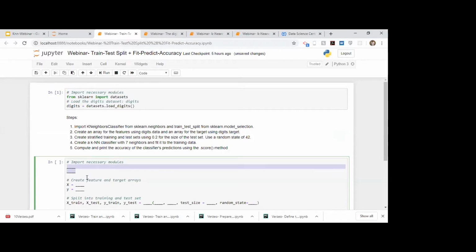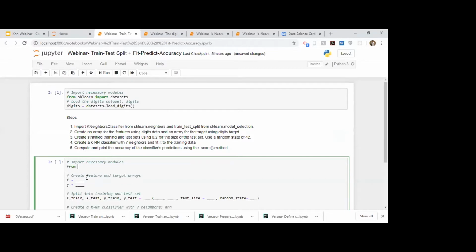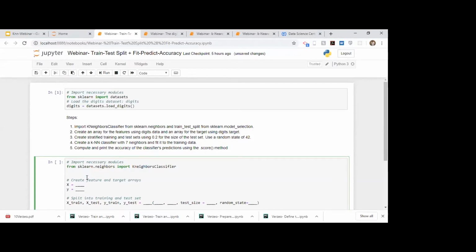So let's do that. From sklearn.neighbors import KNeighborsClassifier. I guess this would be capital.